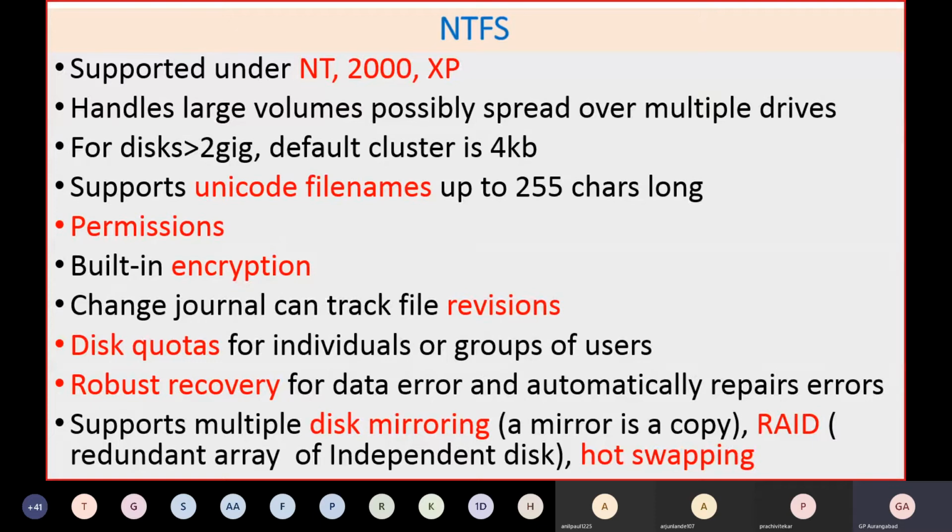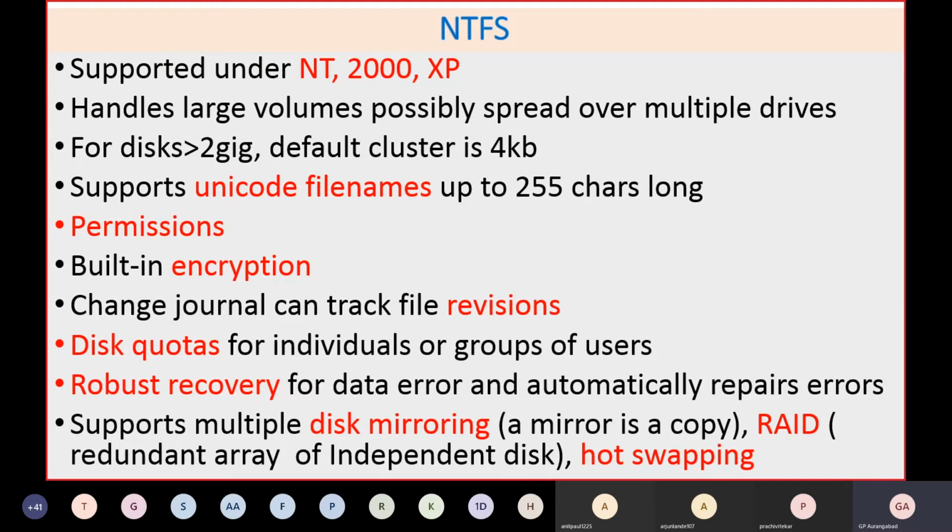What is a more important feature of NTFS is that you can use NTFS for disk mirroring. That means you can have two hard disks. As soon as the data is written on one hard disk, it is automatically copied onto its mirror hard disk. That means at a time there will be two duplicate hard disks. Data will be available on two hard disks which are exactly similar. Why is this provided? Because your hard disk is a mechanical device, an electromechanical device, so there are chances of failure. In case any hard disk fails, then you can recover the data from the mirror hard disk. This is called mirroring.